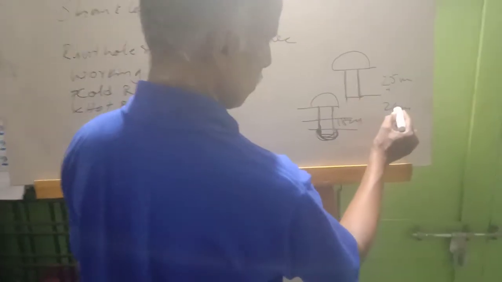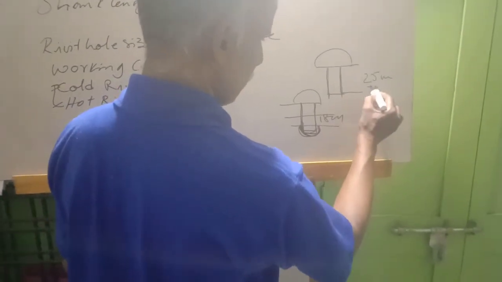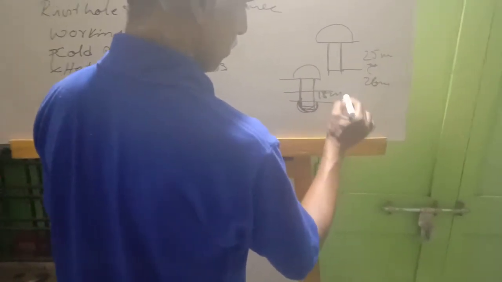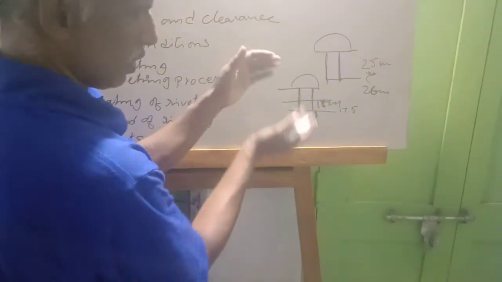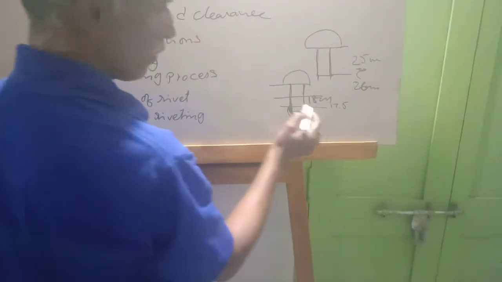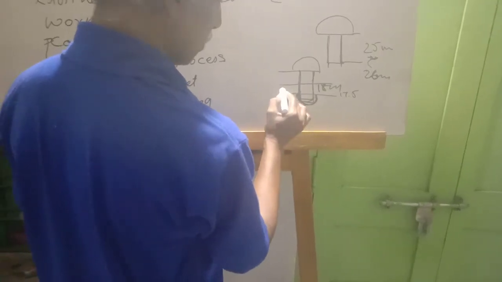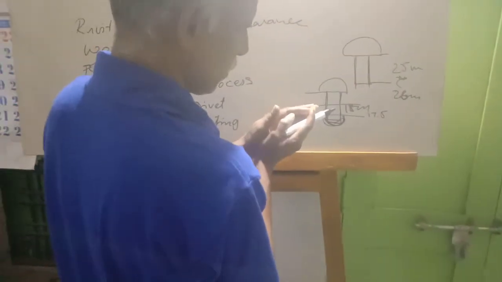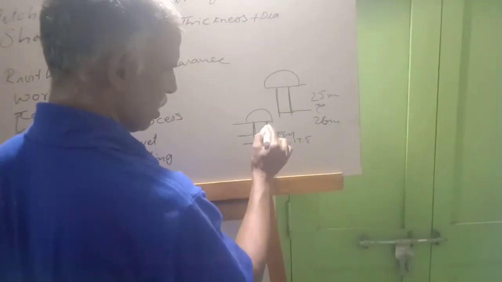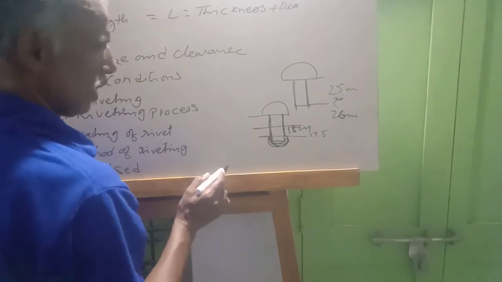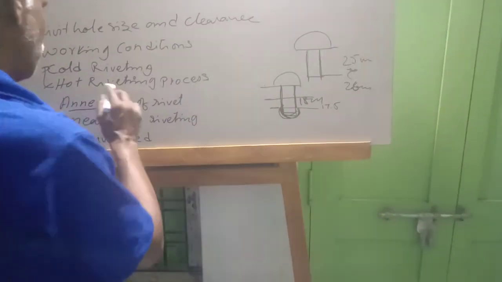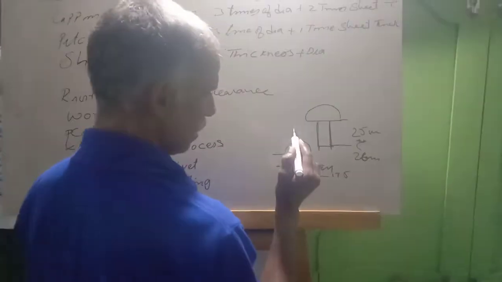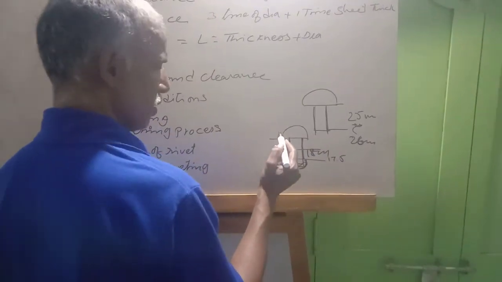So now what happened? The 26 mm length, that 1 mm will be reduced. Now the 18 mm will reduce to 17 mm or 17.5 mm, because it is not allowed to reduce further. When the sheet thickness is 18 mm, the rivet will crimp exactly, perfectly, without any gap. It will crimp the 2 sheets, which will be leak proof. For that purpose, they do the hot riveting process. This hot riveting process is mainly done in ship industries, bridge constructions and so on.